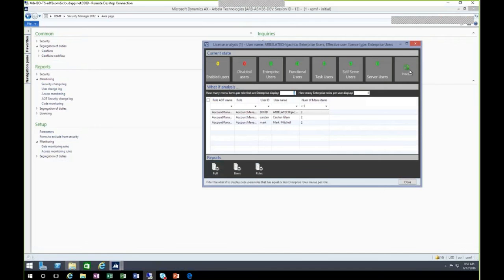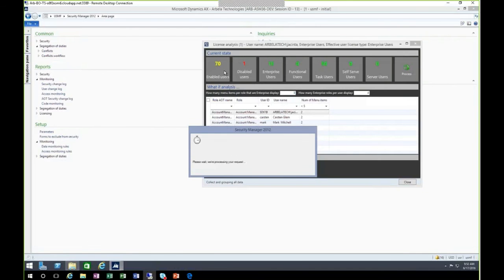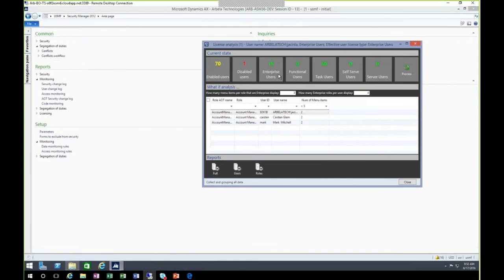So right here, I have an at-a-glance view of our license. I click process, and you have how many functional enterprise task users, self-serve users, and we also have server users, right? Even though this is not included in the CAL list, right? It tells you how many users are even disabled.